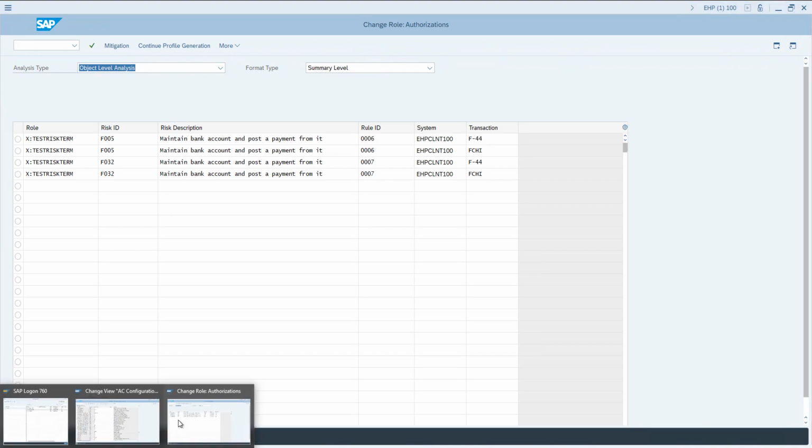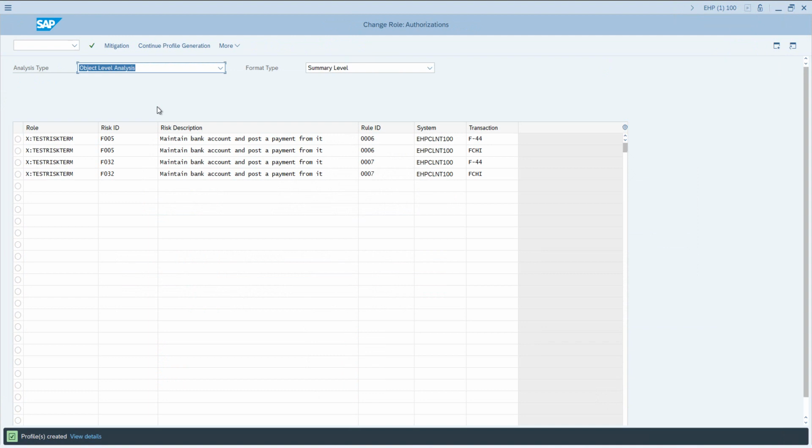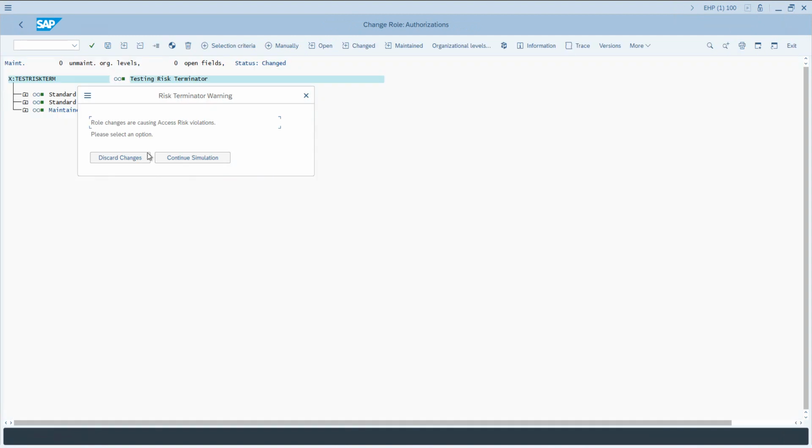That is because of the parameter 1081, because we said enable risk terminator for PFCG generation. And also you're saying stop role generation if violation exists. So let's see whether continue with profile generation works. It looks like it has generated, correct?